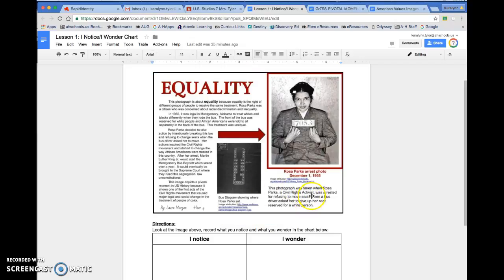It says this photograph was taken when Rosa Parks, a civil rights activist, was arrested for refusing to move seats when a bus driver asked her to give up her seat reserved for a white person. So they explain what's going on in the picture. They give some additional pictures. They have their name and class period. They also have a title, and this title doesn't say Rosa Parks, and I noticed it doesn't say anything obviously related to Rosa Parks,